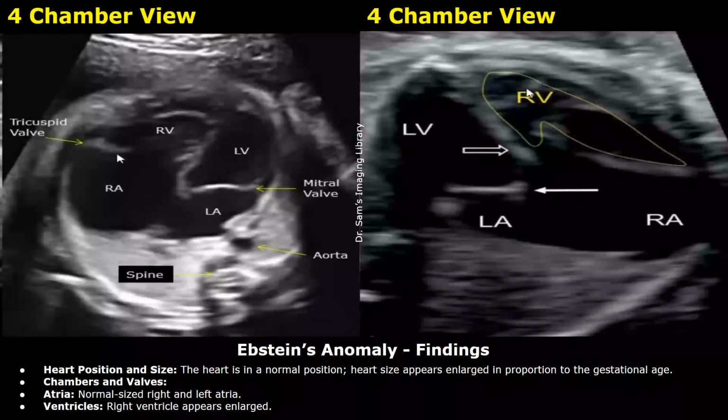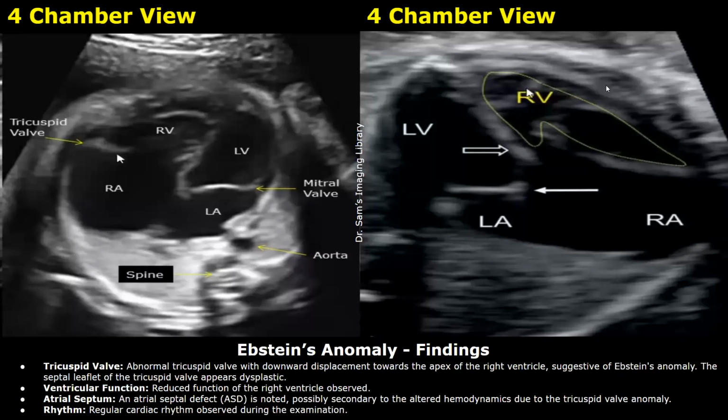Now we have Ebstein's anomaly. These are the findings: heart position and size. The heart is in a normal position. Heart size appears enlarged in proportion to the gestational age. Chambers and valves. Atria, normal size right and left atria. Ventricles, right ventricle appears enlarged. Tricuspid valve,